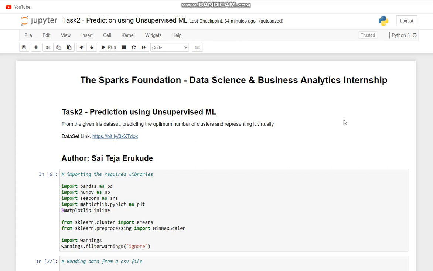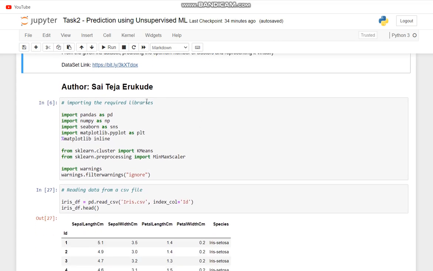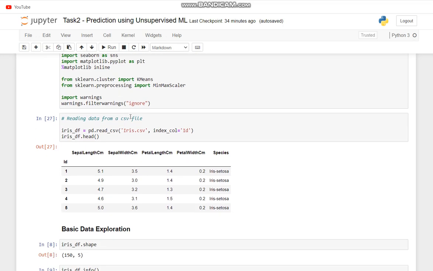Today I'm going to present you Task 2, which is prediction using unsupervised machine learning. The objective of the task is to predict the optimum number of clusters present and visualize them. So the first thing that we do is import all the required libraries, and after that read the data from